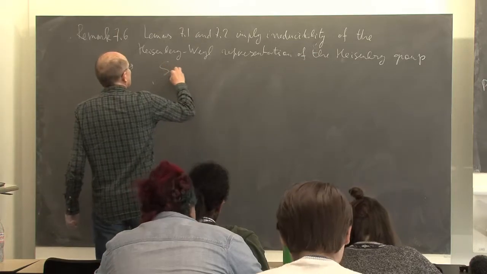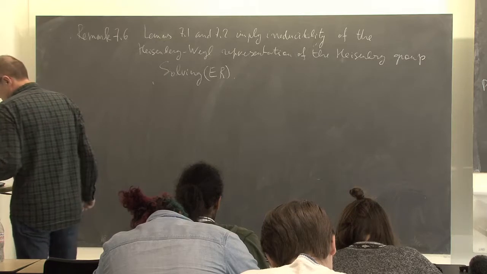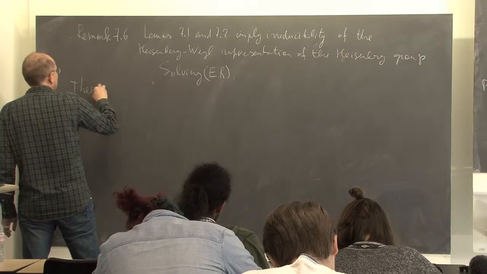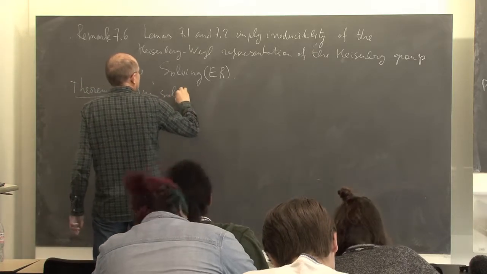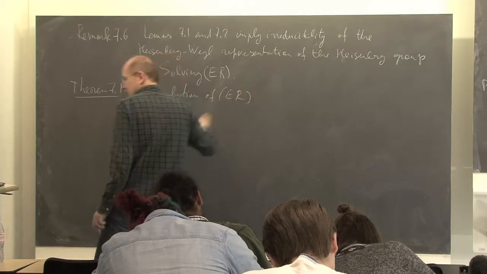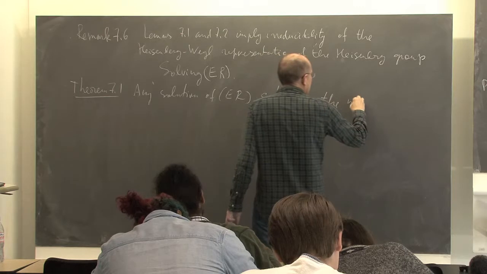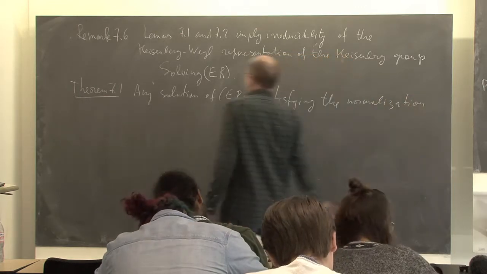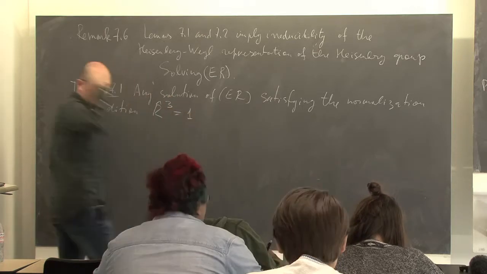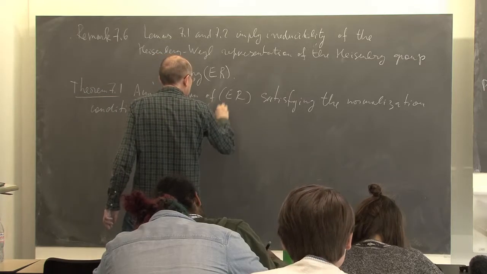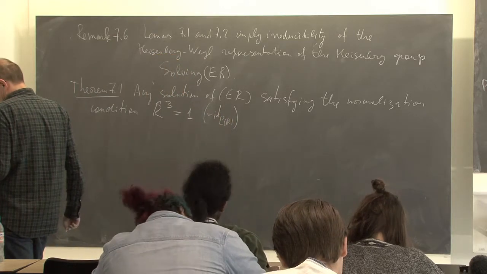And now finally we turn to solving our linear system in R. And let me just start from the answer, the only theorem of today. So any solution of ER satisfying the normalization condition R hat to the power 3 equal 1, where 1 means always the identity of L2 of R, is of the form